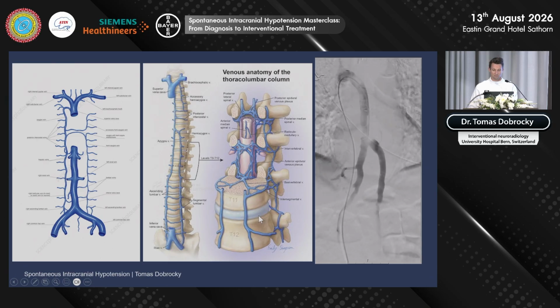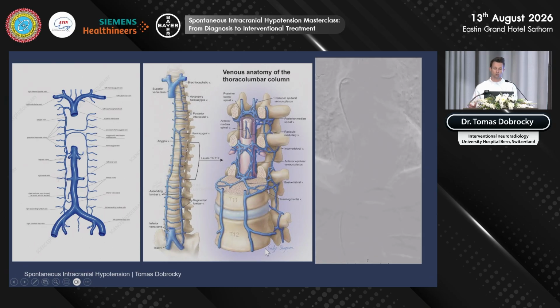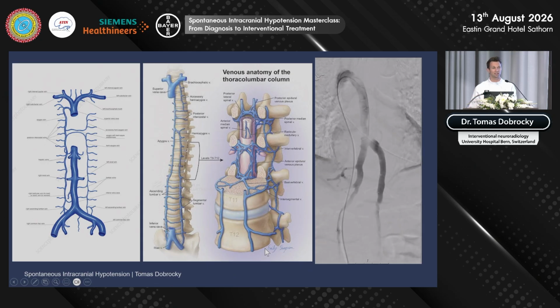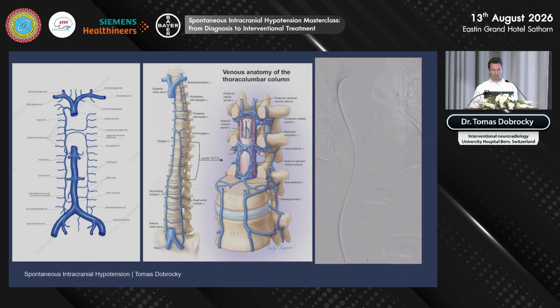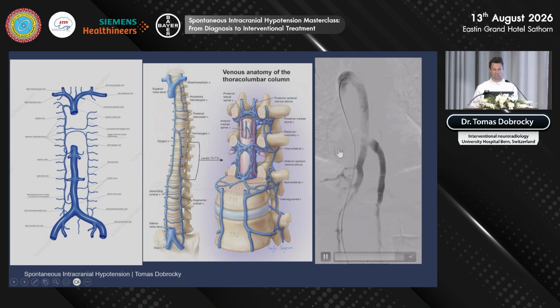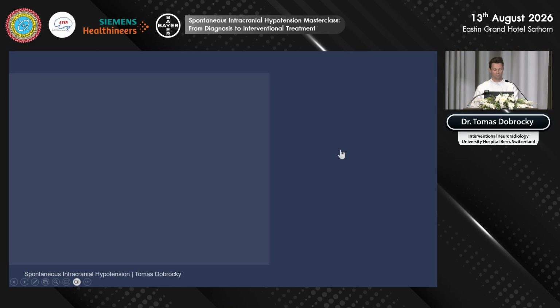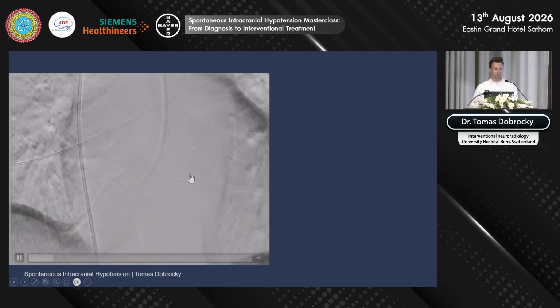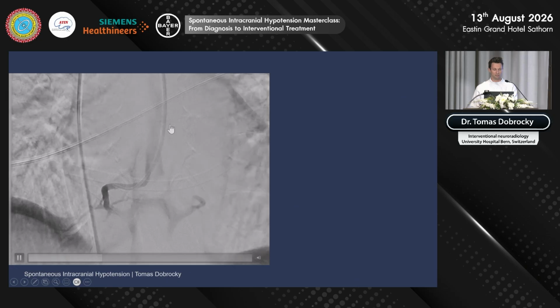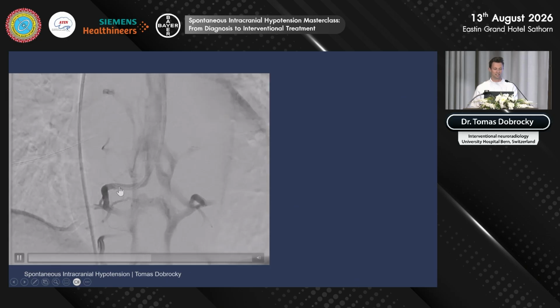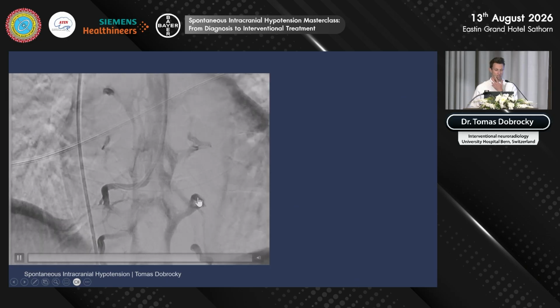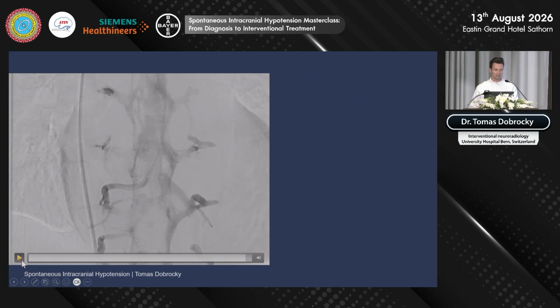Usually you need quite a hard push on the contrast because you're injecting against the flow. It's not like in the arteries. You need really a good full syringe, 10 cc's actually, to be able to see the veins opacifying. When you're at the desired level, so this would be a catheter. We are now in the segmental vein, quite a hard injection again here, where we can see the key features